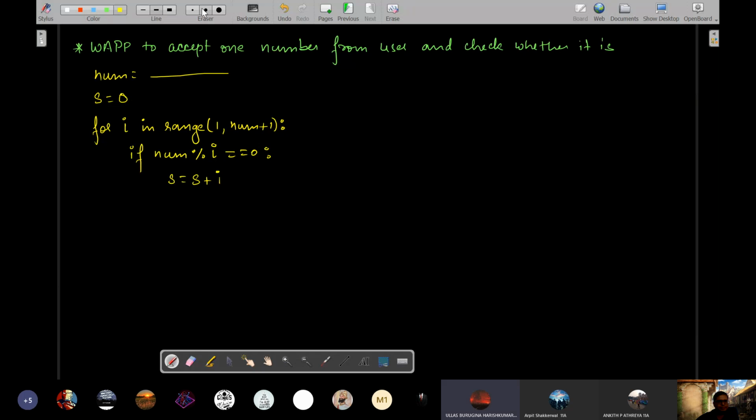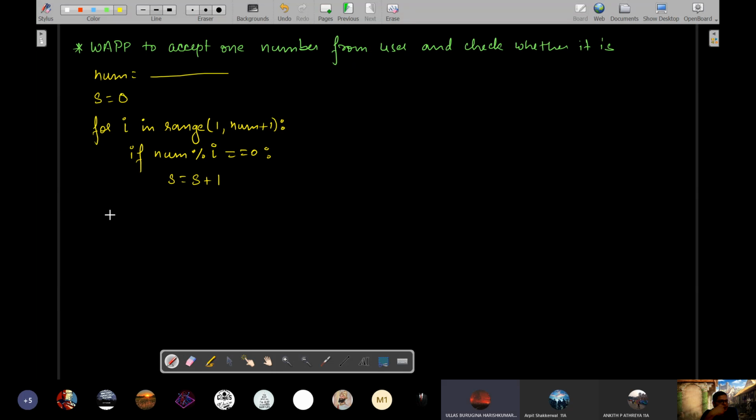Not I. S plus 1, sir. What will happen if you write S plus I? Think about it. When the first value will be 1, second will be 3. Give me a very summarized form of answer, one line. Sir, the value of S will increase as I increases.